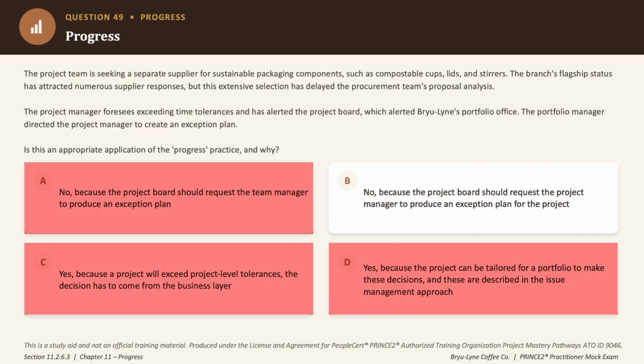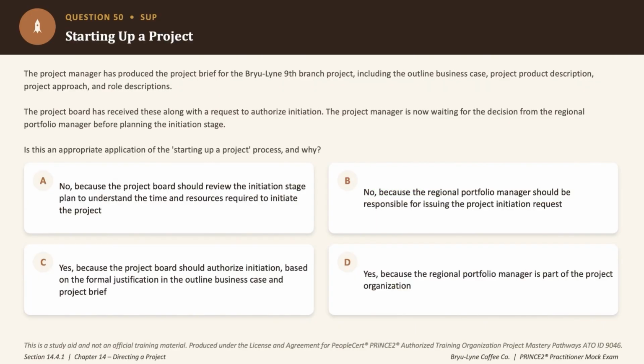And that is exactly how accountability lies in a typical PRINCE2 project. Okay, the board cannot be bypassed. So the correct answer to this question is option B. Okay, so with that, we move on to question number 50, and this is a new section within your PRINCE2